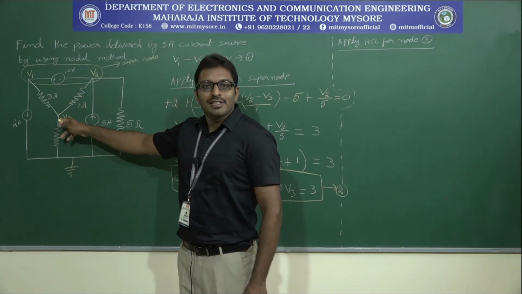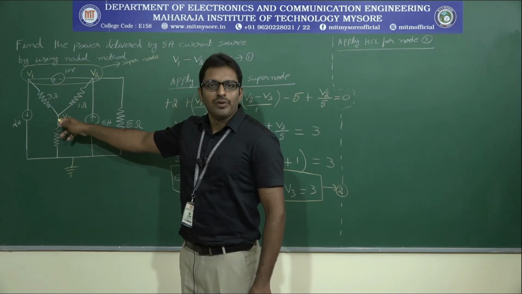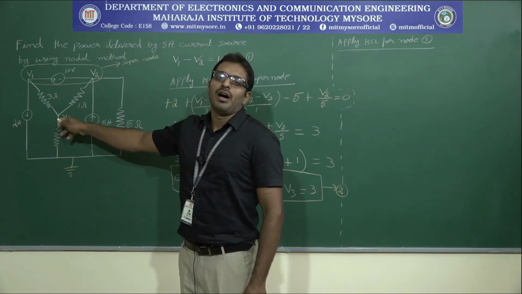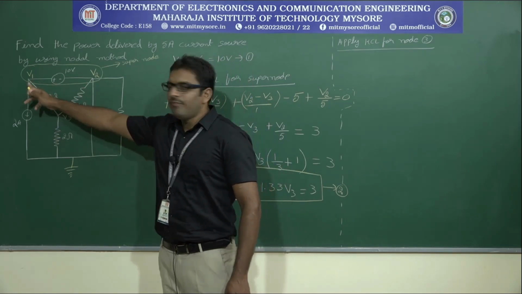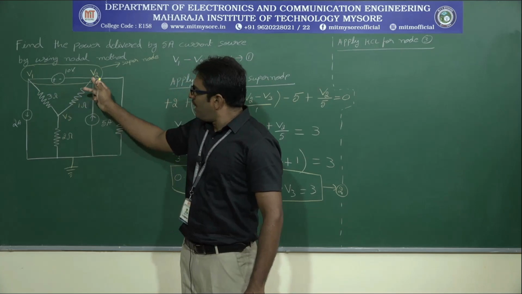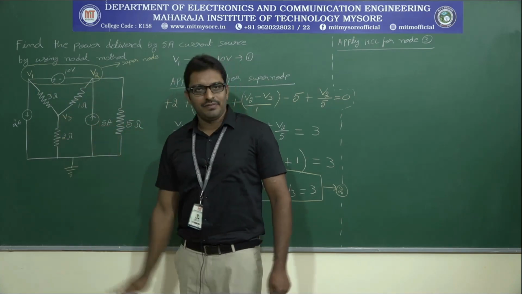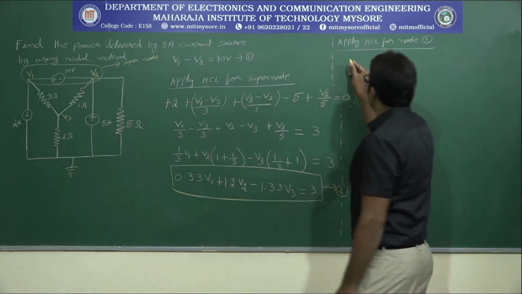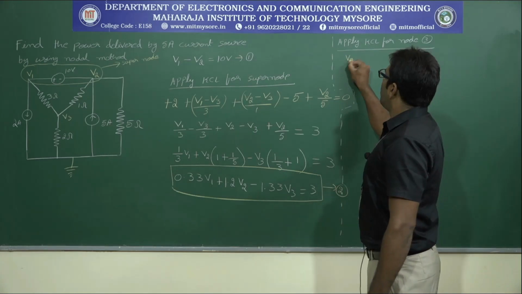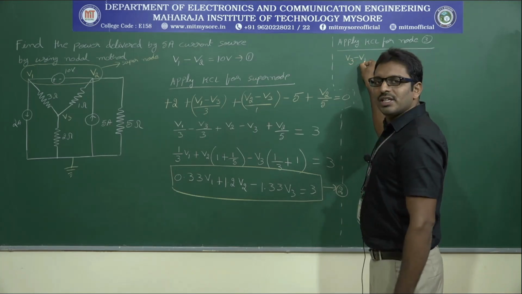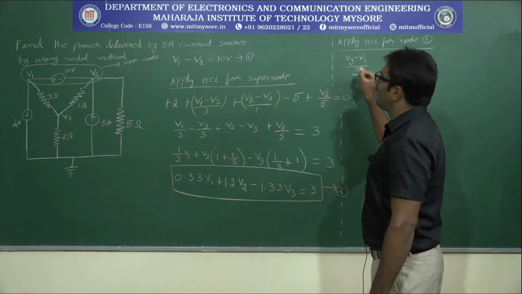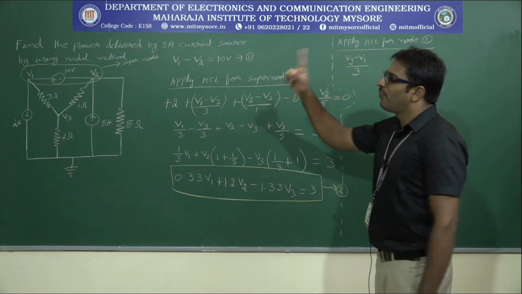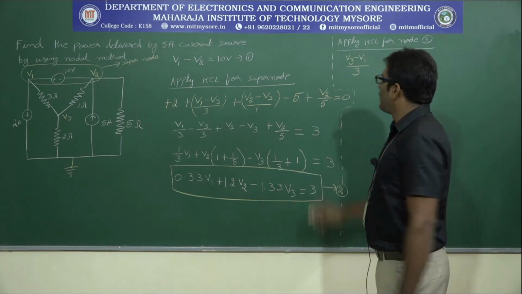So, when you are applying KCL for node 3, just assume that node 3 is at higher potential, and all the branch currents are leaving from node 3. Now, what is the direction of current? From V3 to V1, V3 to V2, V3 to ground. So therefore, V3 minus V1, that is the potential difference across the 3 ohm resistor, divided by resistance 3 ohm, because this is the branch current flowing through the 3 ohm resistor, plus